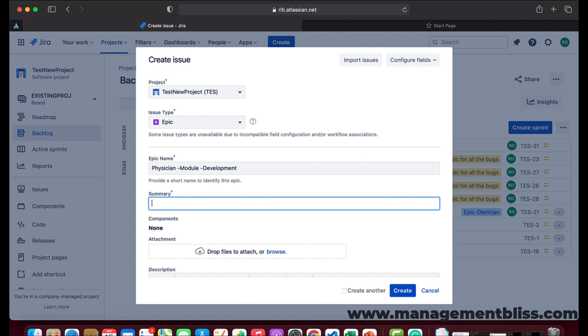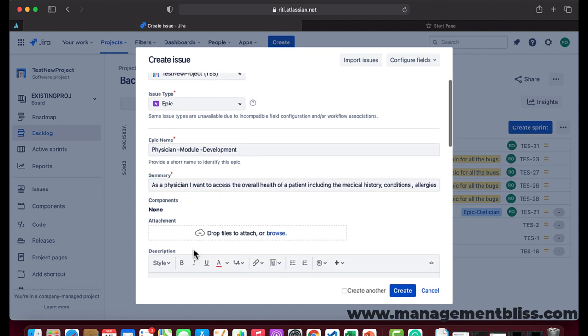So I will just go ahead and type, as a physician I want to assess the overall health of a patient, including the medical history, conditions, allergies, and other